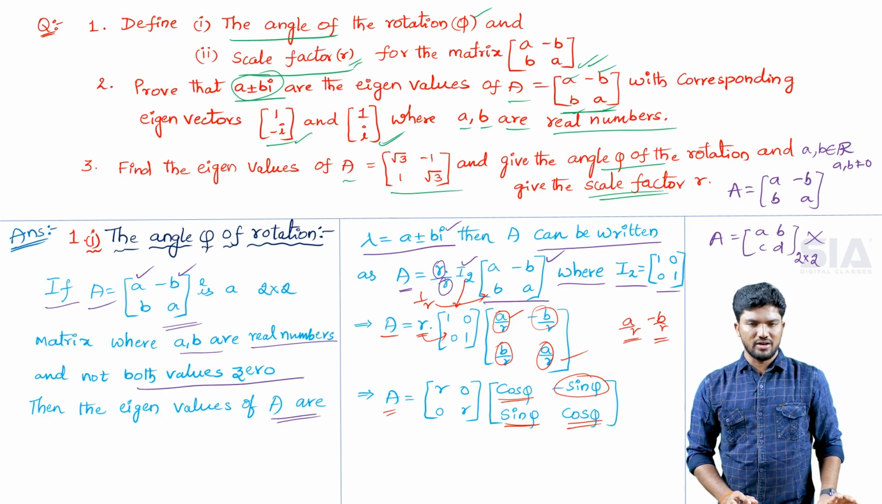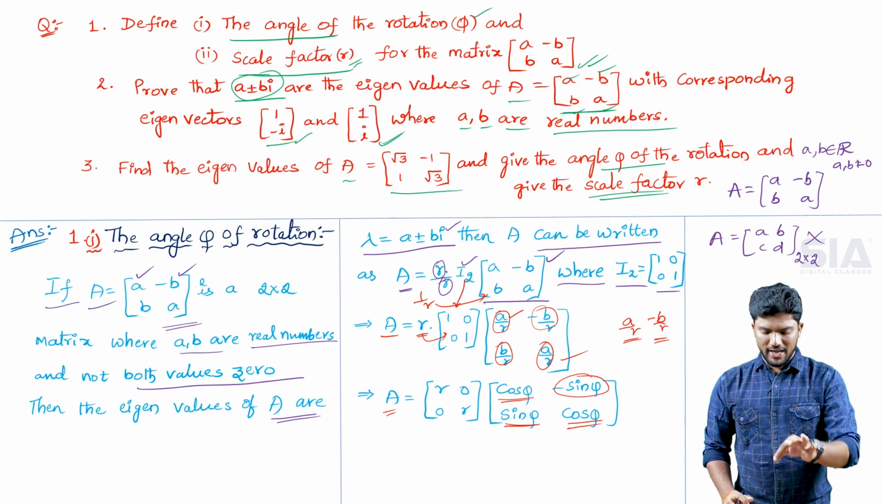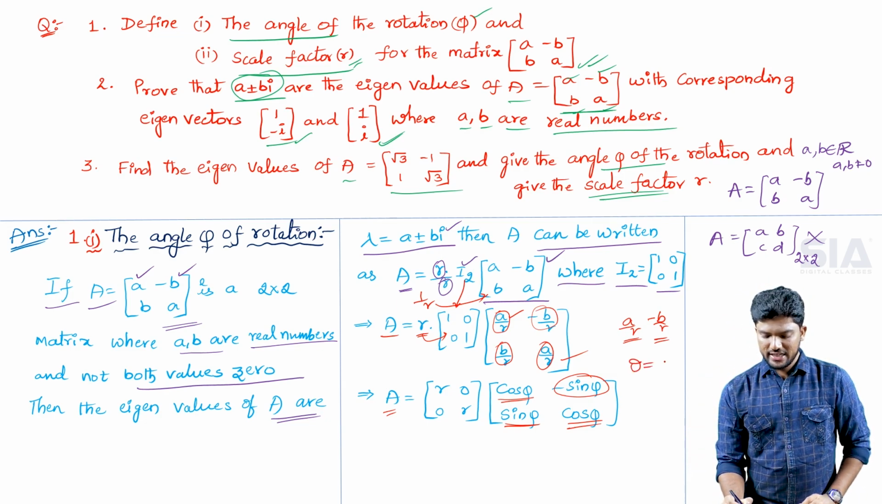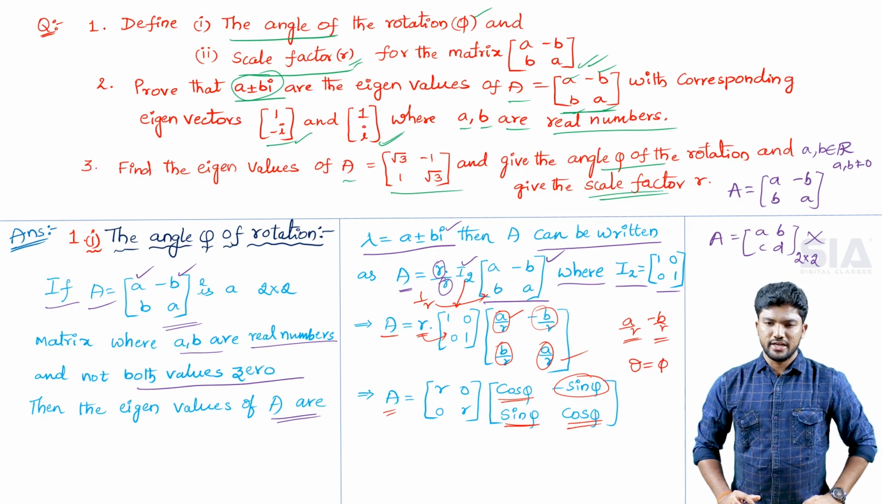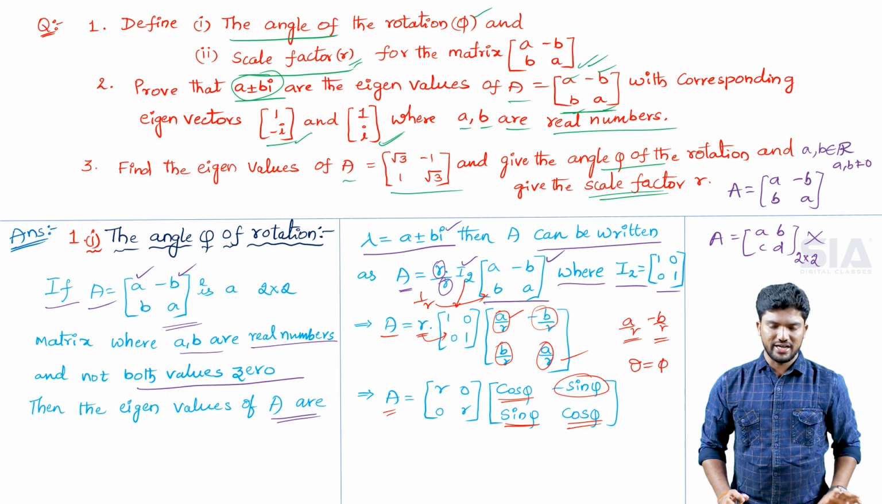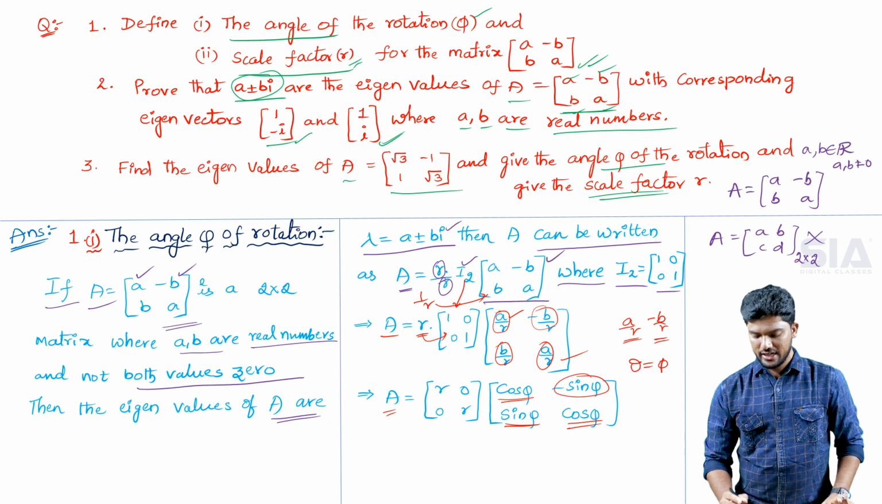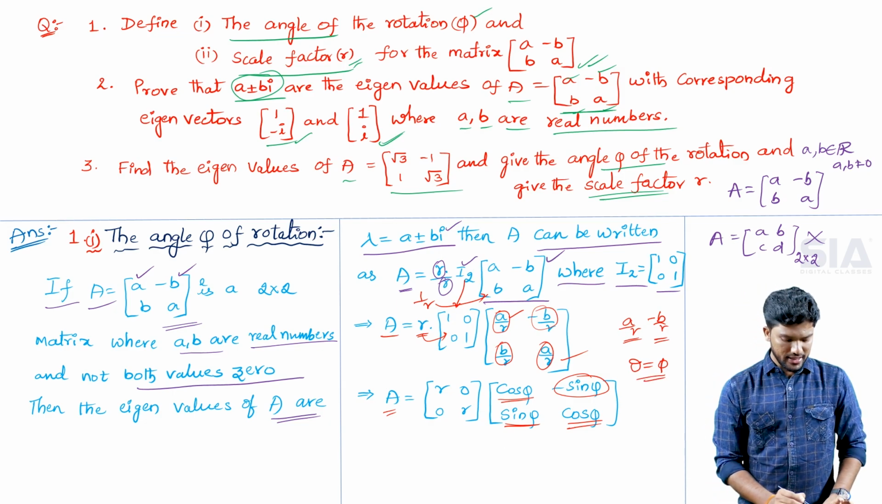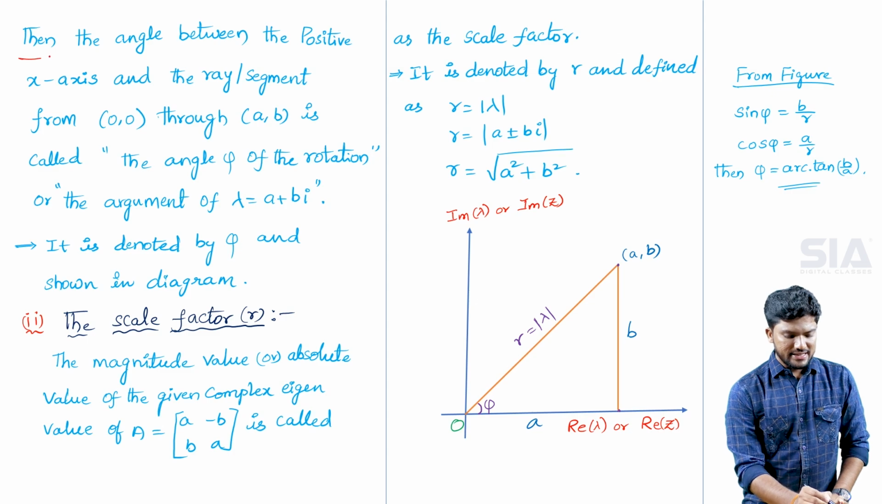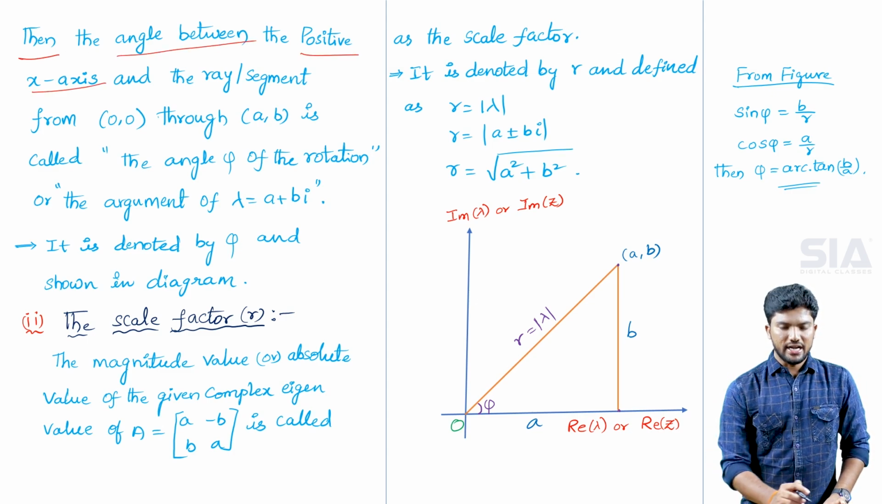You know very well the formula for sin theta and cos theta. In place of theta, here we are taking the angle of rotation, which we denote by phi. Okay, so you can see here, the angle between the positive x-axis and the ray